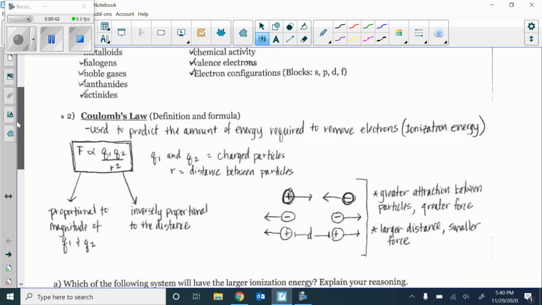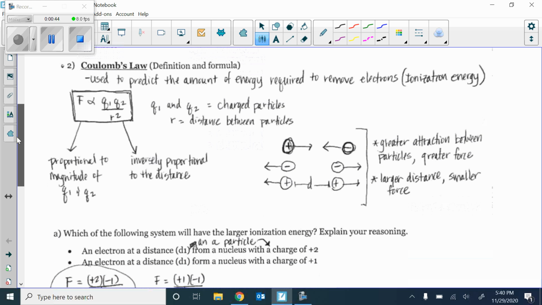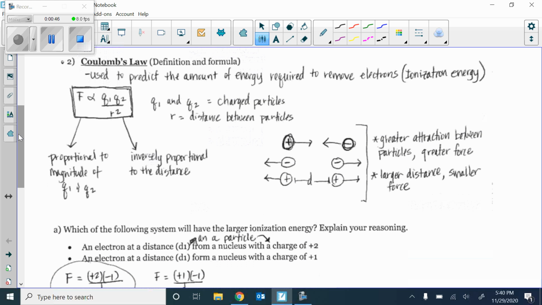All right, Coulomb's law is something that you probably can understand pretty easily, but probably wasn't used in Chem 1 in terms of this definition. You probably heard of Zeff, or effective nuclear charge. AP Chem wants us to use Coulomb's law, so they will be changing that format for students moving forward. But for you guys, it's used to predict the amount of energy required to remove electrons, which we know is the ionization energy. So if I can highlight just a few items here,